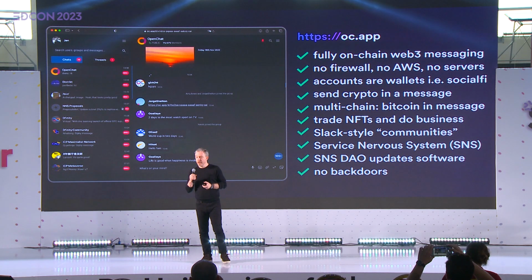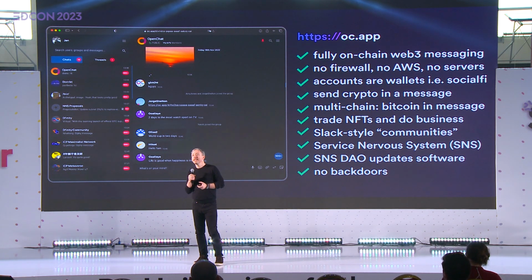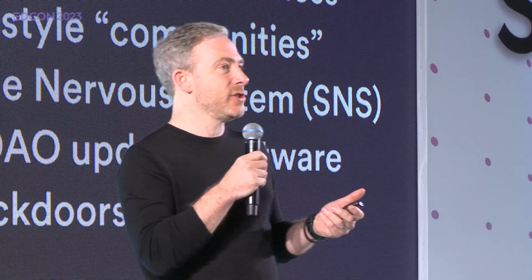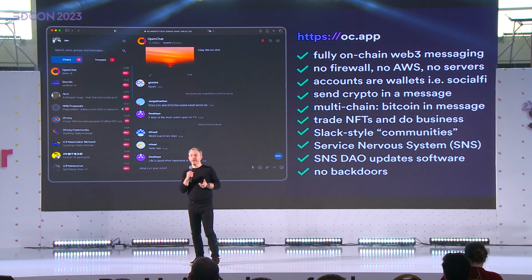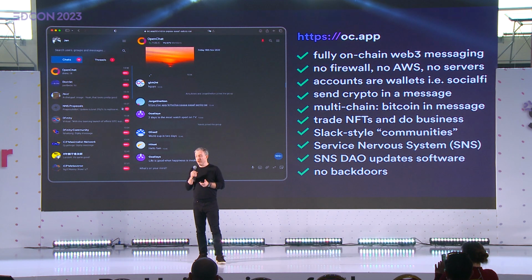This is a fully on-chain, 100% on-chain messaging, Web3 messaging service. Every chat message is a transaction. And all of the content's stored on the Internet Computer itself. So even if a message is video or an image, it's living on-chain. And of course, the user experience being served into a browser is also being served by smart contracts.